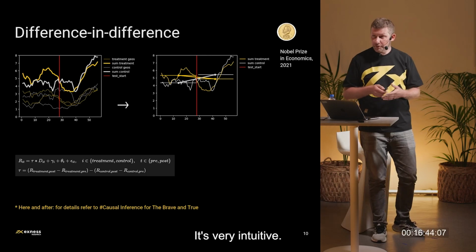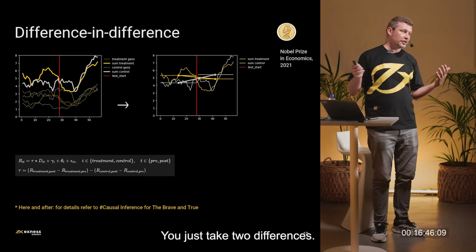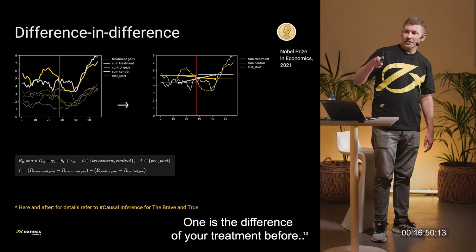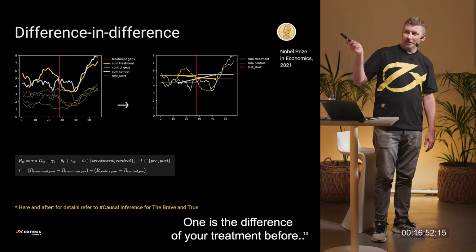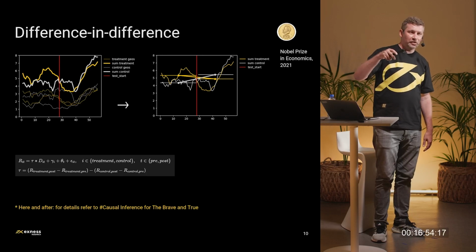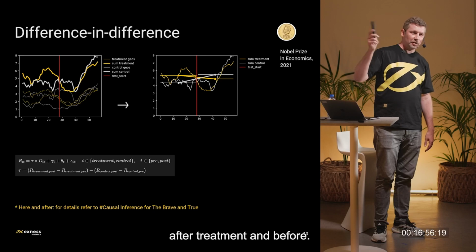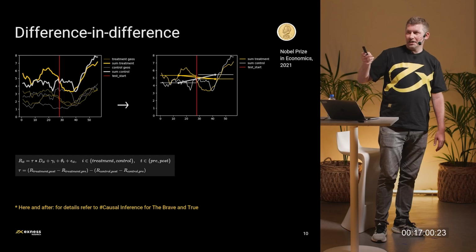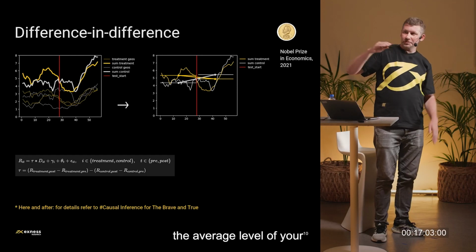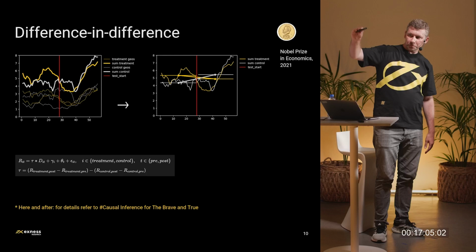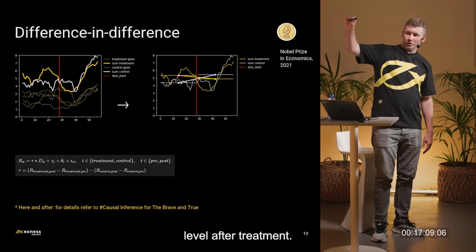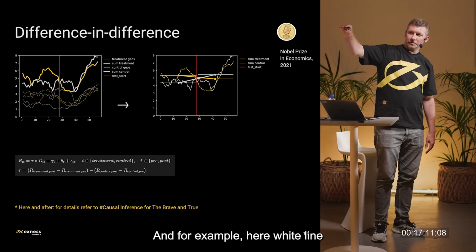What is it? It's very intuitive. You just take two differences. One is the difference of your treatment before and after treatment. It's shown on the right picture here. The average level of your metric before treatment, average level after treatment, and for example, we see here